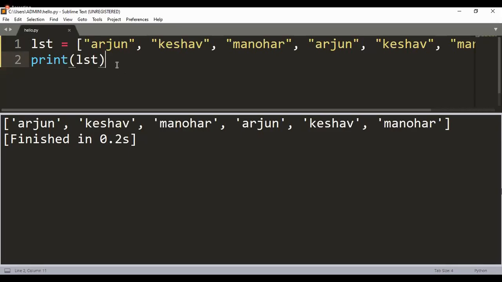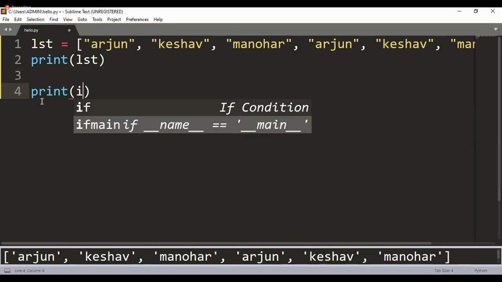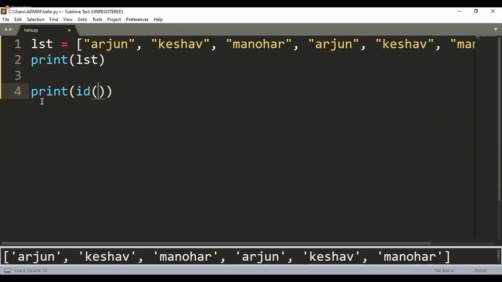So, okay, I have printed the list. That is fine. Next, I would like to get the address of all the 6 elements, 6 string objects that I have stored inside my list. So tell me, will you start writing code like this? Print, of course, to print the address you'll use the ID function, print the address of the first element from the list whose index happens to be 0. Similarly, ID of LST of 1, LST of 2, 3, 4, 5. Is that how you're planning to do it? 100% that is not the right approach, because it would increase redundancy of your code. That should not be the case.